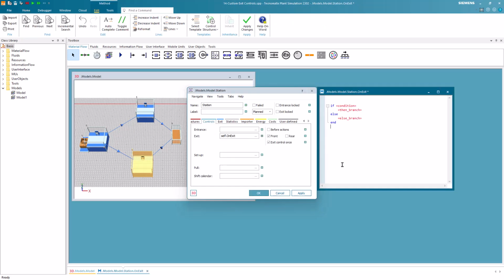After we did that, we switch back to the method. Here we want to store the 2 successors in variables to get a better overview. So we create the first variable, which we will call first successor, and a second one, which we will call second successor.